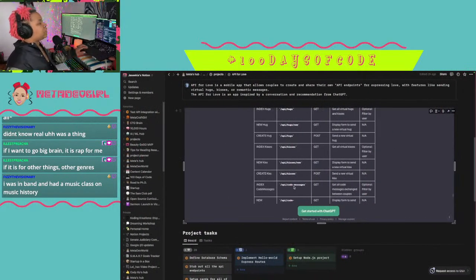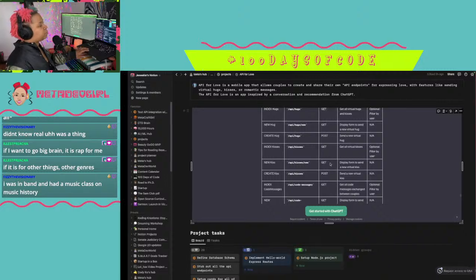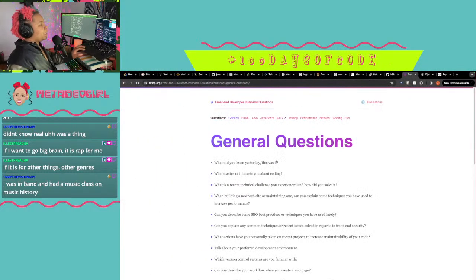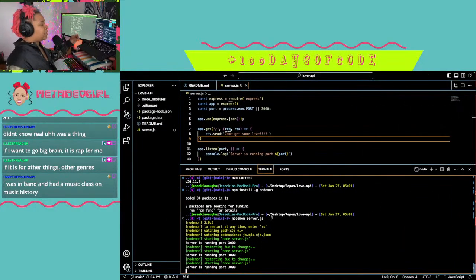Like if I was trying to implement an algorithm right now, doing a coding challenge, and I was trying to implement an algorithm from my memory, I wouldn't do that. But even just setting this app up, the basic stuff that I'm doing, I know what I'm doing, you know what I mean? Even though I'm figuring stuff out, I know what I'm doing. So it wouldn't be that bad.